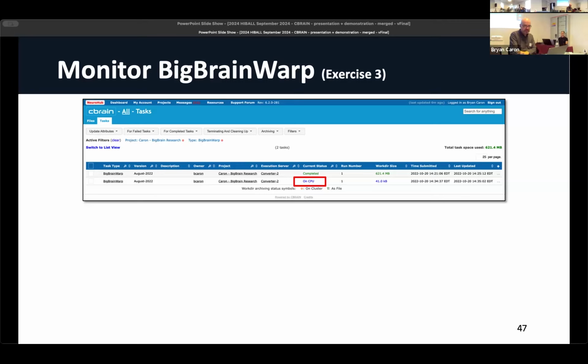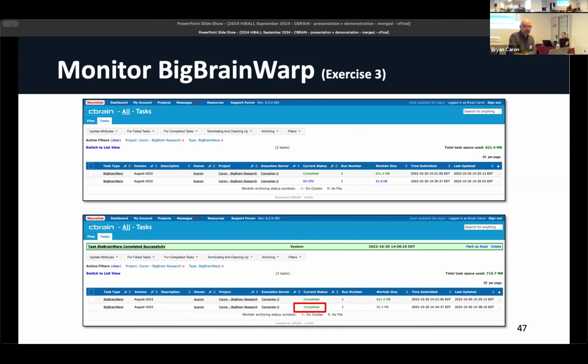Has everybody been able to submit a task, or it's in some form submitted and set it as green? Okay, so it's on CPU, and it may take a few minutes, but you'll see it go through that cycle. Of course, you don't want to be necessarily refreshing the screen, so all you have to do is refresh the page, and then you'll see the page cycle change. It'll probably take a few minutes because there's a few of you submitting tasks to the same system that's been in computation. But eventually you'll see it changing from on CPU to finalizing and then to completed.